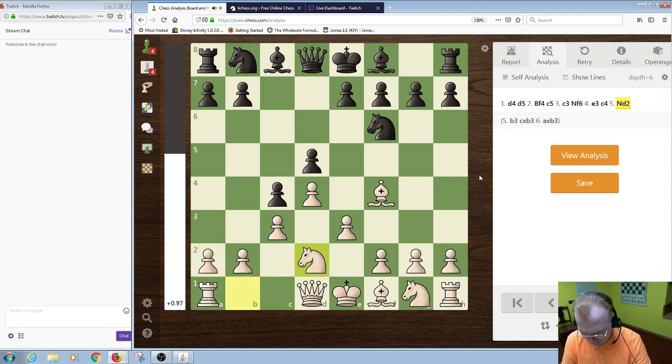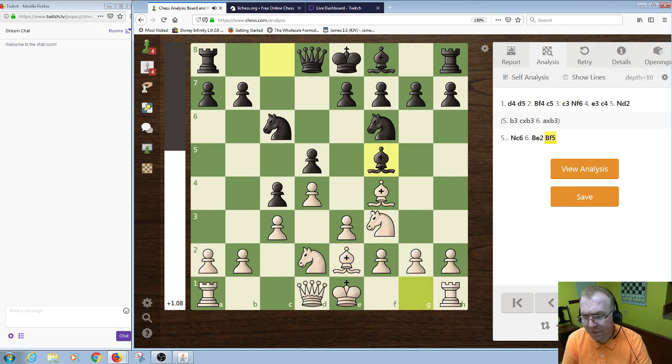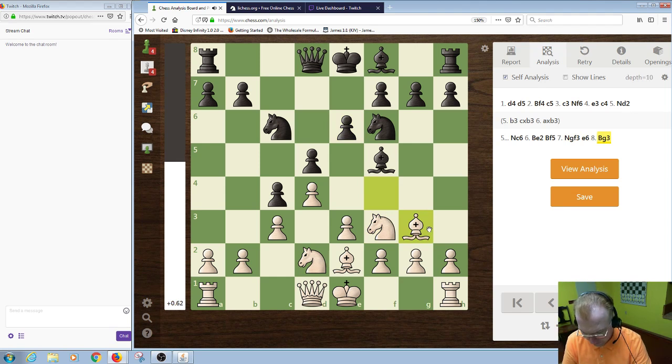Knight bd2, knight d2 was played. Knight c6, bishop e3, bishop f5, knight gf3, e6, and then bishop g3. Bishop e7, and I think at this point this is close to an equal